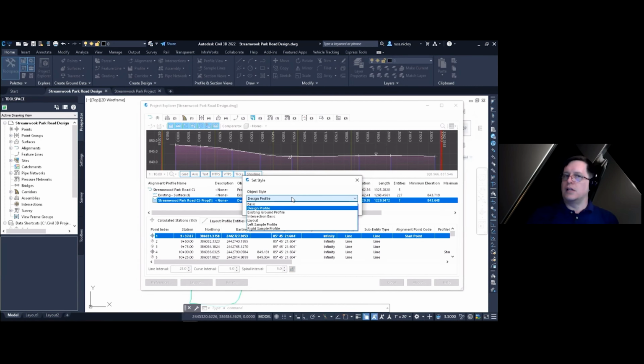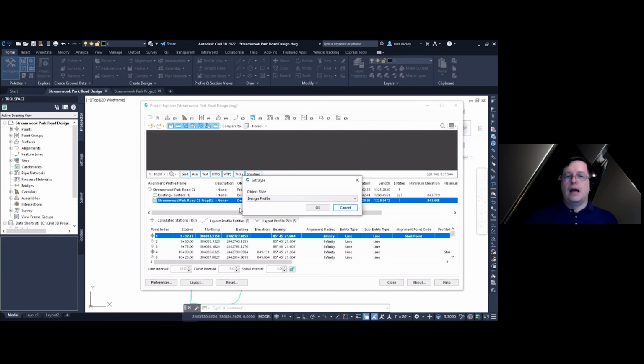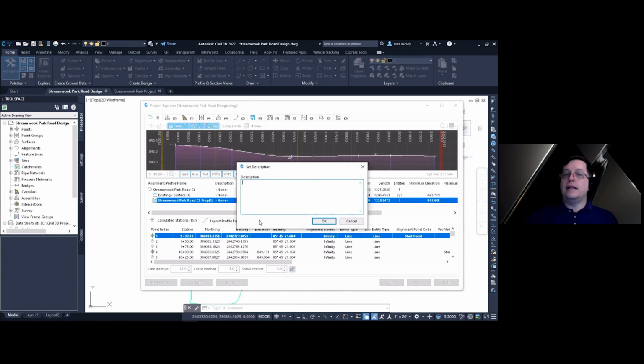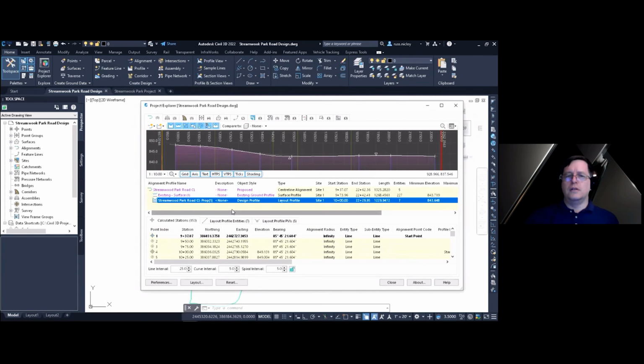Now, that's an important distinction. It's accessing the settings tab of our tool space and bringing those profile styles over so you can change them from this drop-down menu. If I click in the description field there, currently says none, I get a typing box, a box that I can just type whatever description I need in there. So different kind of information there.